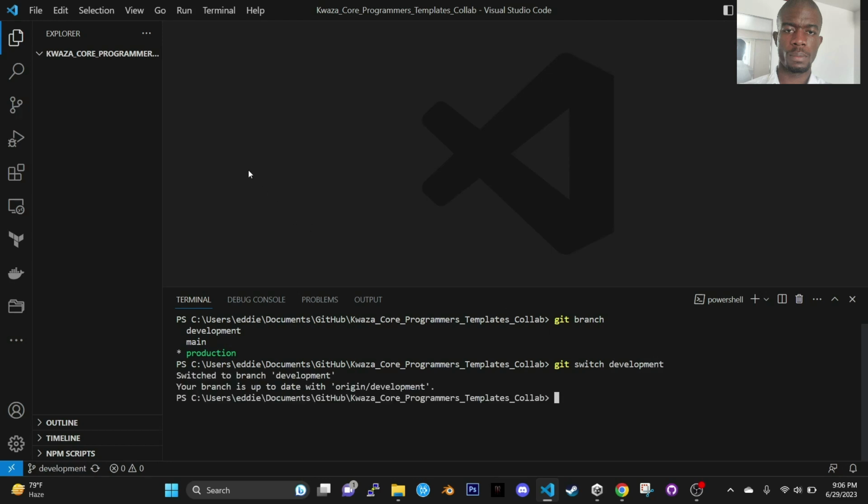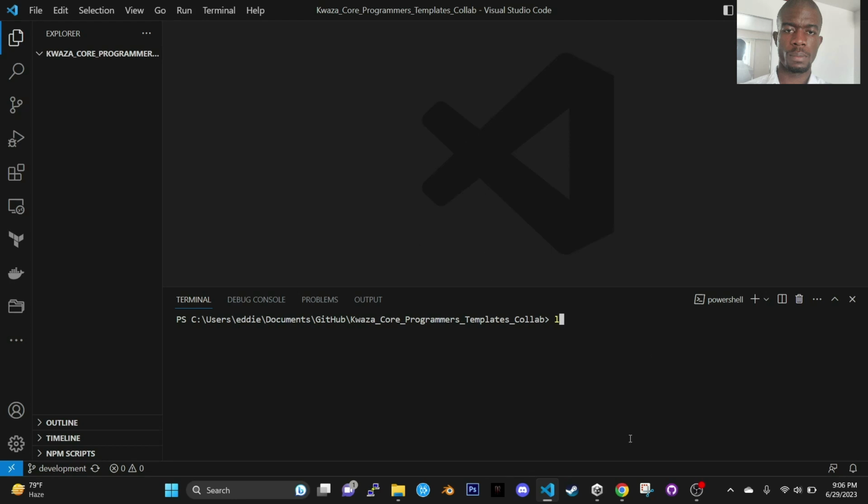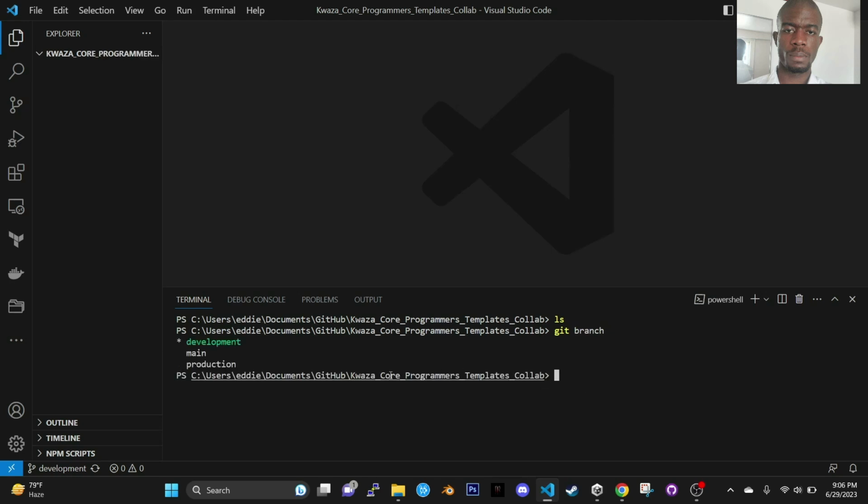And now we have switched to the development branch, and we're going to clear this. And obviously there's nothing in here, but you can do git branch again to know which branch you are in. Again, when you are switching, you want to make sure you avoid the main branch, because right now the only person who should be interacting with this branch is me, and it's gonna be there because I want this to be a learning process for everybody,